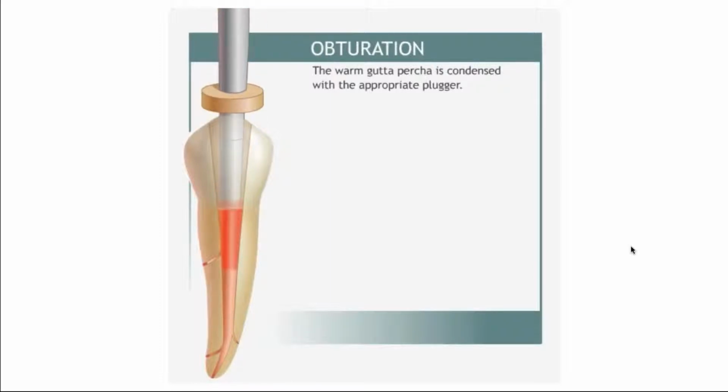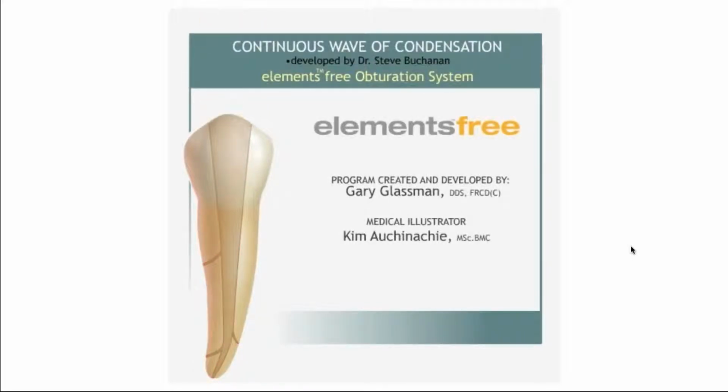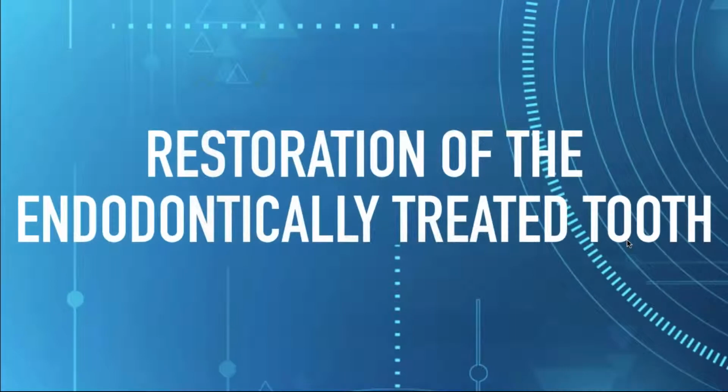up to the orifice. Now remember, in multi-rooted teeth, as I mentioned, you want to make sure that you go right up to the orifice in case there's any furcation canals, lateral canals that you may not have sealed on the way down. Now, one of the things that bothers me is when the restoration of the endodontically treated tooth